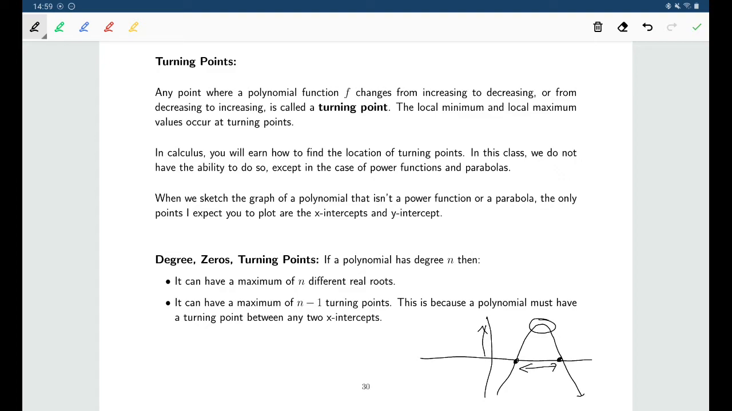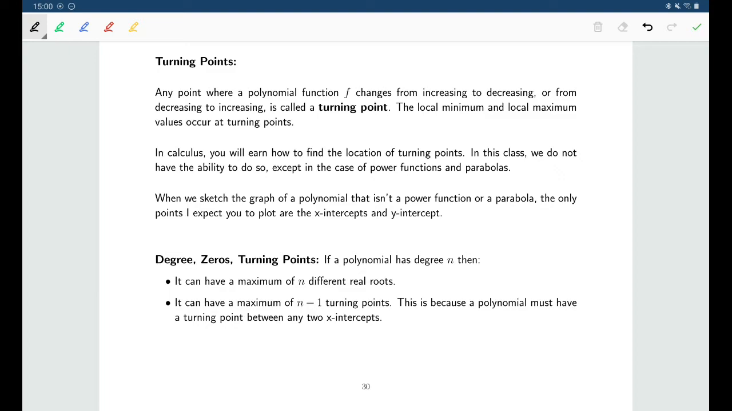There are things that we would like to know, the locations of the turning points, but you actually need calculus skills to do that. And in fact, that's a major part of what you'll learn in calculus, how to locate those maximum and minimum values. Now, there is a nice little fact here for the relationship between the degree of a polynomial, the zeros, and